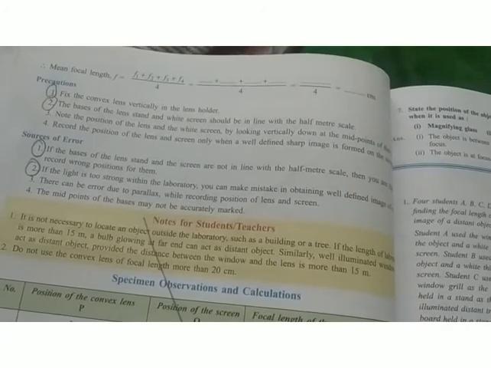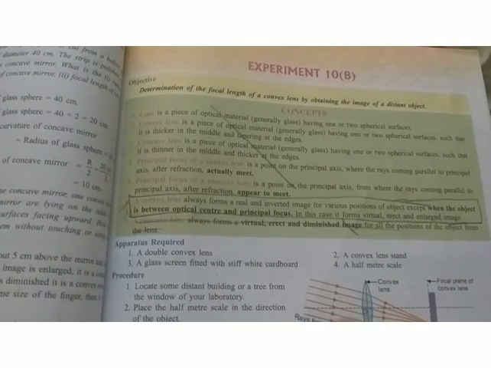Okay children, so we have discussed 3 experiments today. So start writing these experiments in your record book. You can follow any order, no problem. It's not necessary that first you should write the biology experiment, after that chemistry, after that physics. It's not like that. You can shuffle your experiments. You can start writing your experiments as per the instructions given by your teacher. Okay, and this is the general pattern to write the physics record, and I have already mentioned the pattern to write the biology experiments, also chemistry experiments. So start your record work.